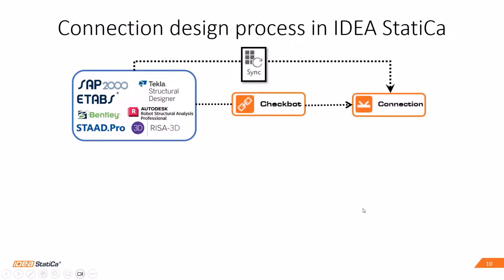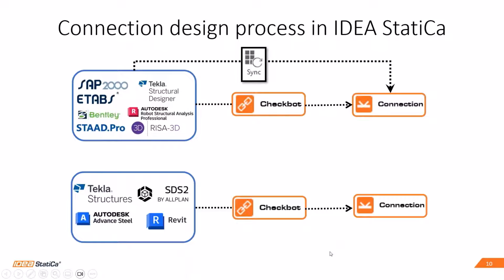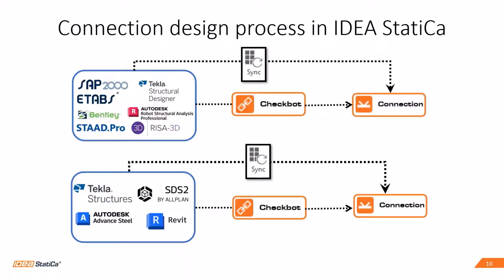All right? Then we have the second type of link, where you already model connections in your beam detailing software, and you want those connections in IDEA StatiCa. It works the same as the first type of link. Checkbot is used to control the joints that you imported. And if there is any change in profile sections, you can also synchronize the model. So we have this option to synchronize the members and material if you make a change in your beam detailing software. But we were missing an important step, and from the feedback that we got from our users, we